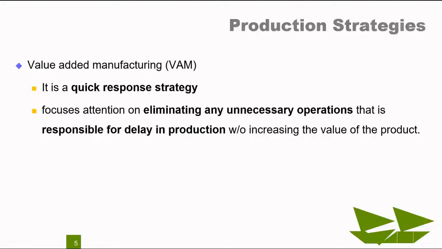So you have to set up such a system where your vendor does not overcharge you, does not write inflated numbers on the bill. That's one. Take them into confidence. They count it and they give you the number. You don't count it. No one in your factory counts. So you're saving a lot of time. And when you're saving time, you're saving money. So this value-added manufacturing focuses attention on eliminating any unnecessary operation, which does not increase the value of the product and only delays the production.